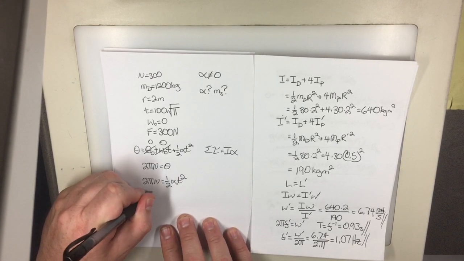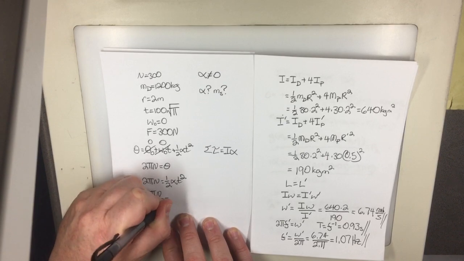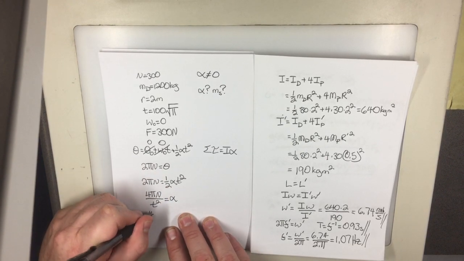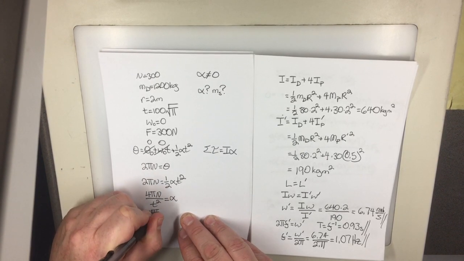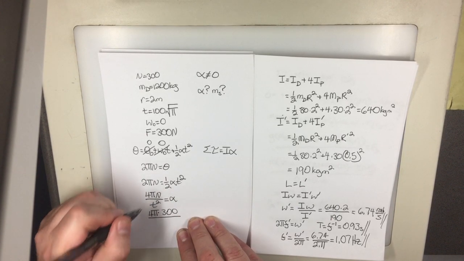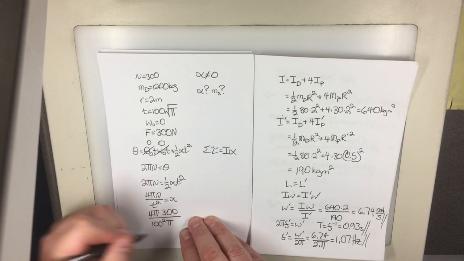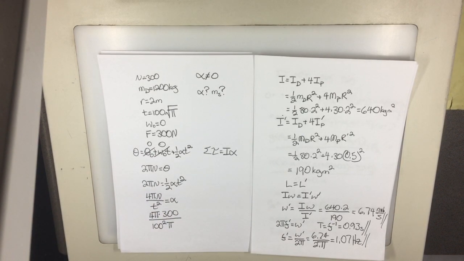This gives me 4 pi n over t squared equals alpha. So 4 pi n, 300, t squared is 100 squared pi. And that gives me